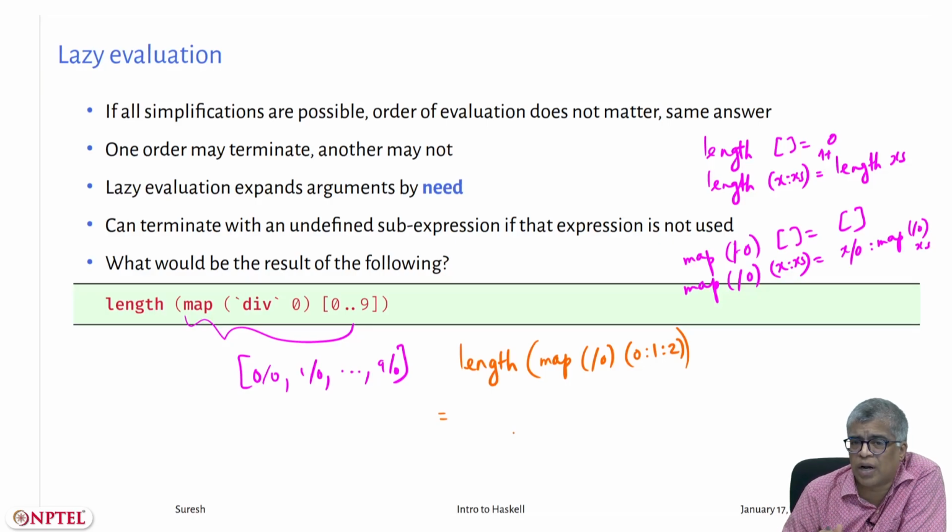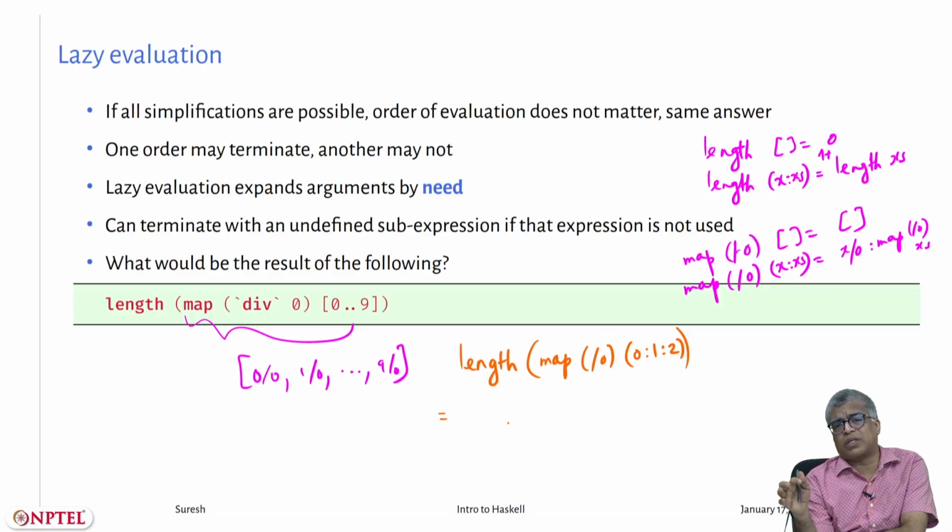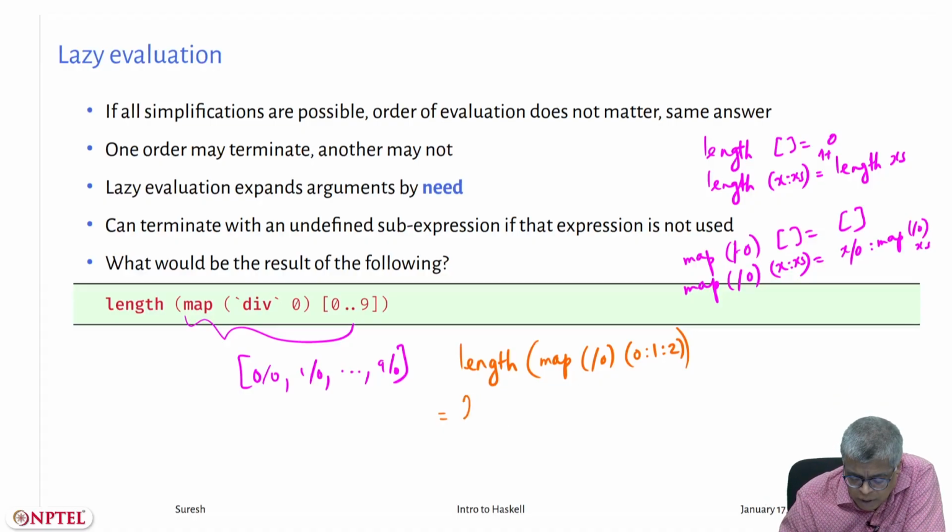So you will go internally, and that will force you to simplify the expression involving map. If the second argument is of the form x colon x's, it is just the function applied on the head, and then map function on the tail. So this is nothing but length of